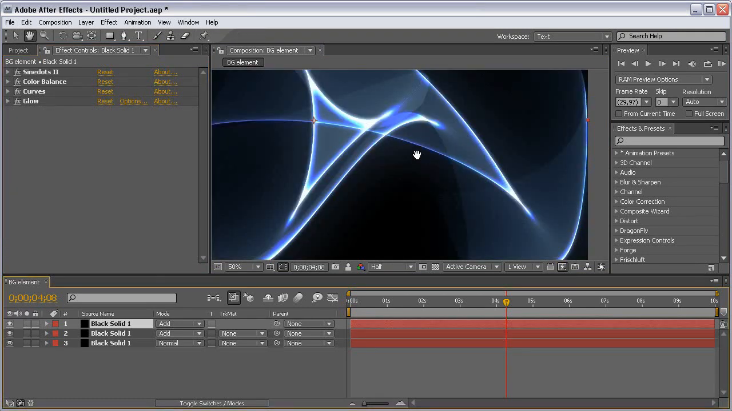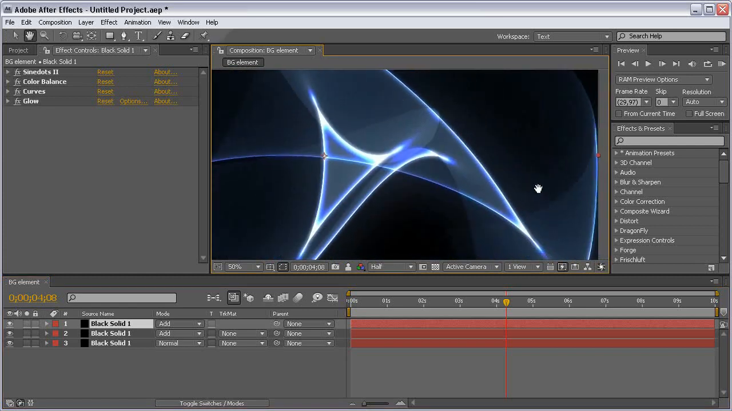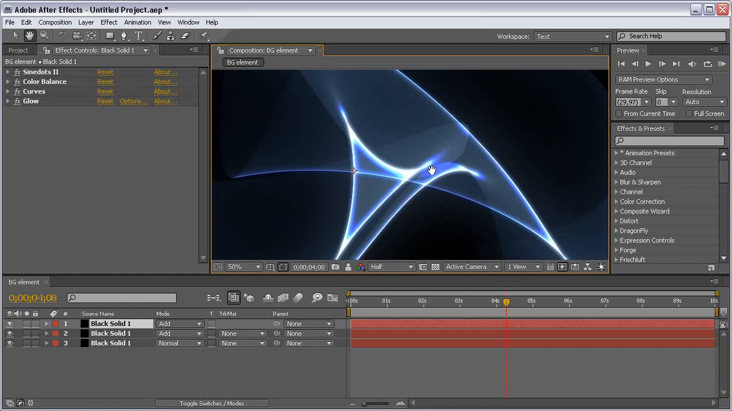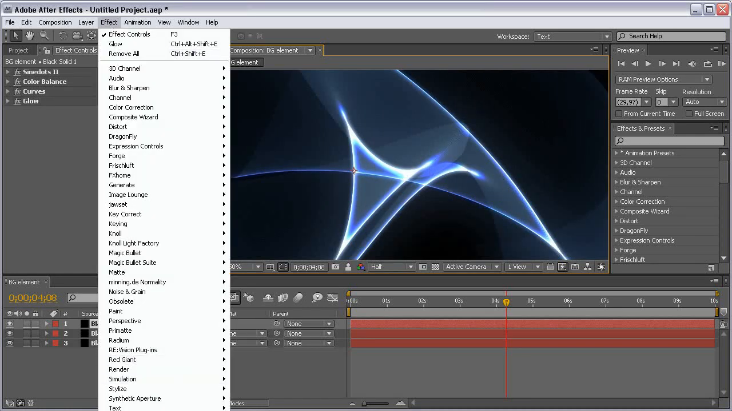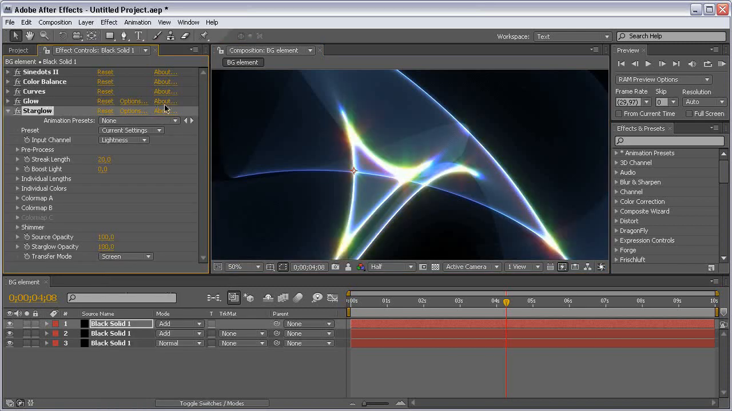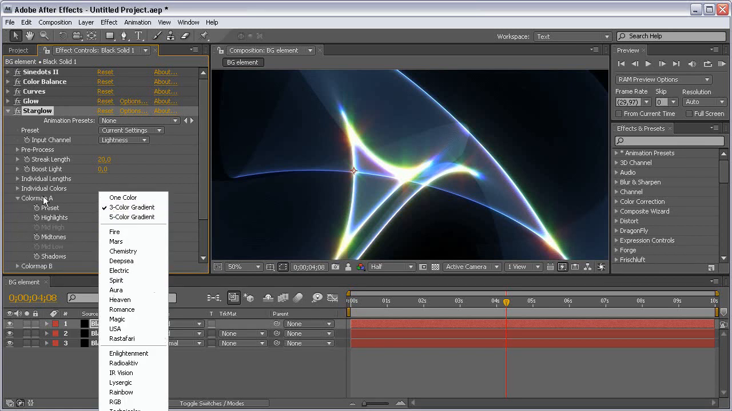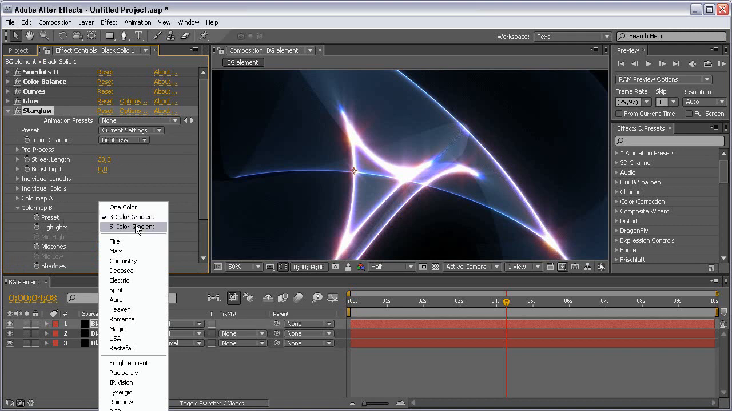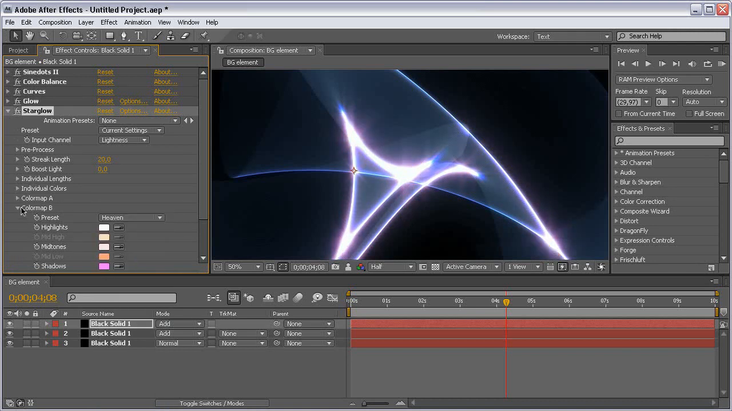And let's switch to the original and see how it looks. Let's add a star glow. Come to effect, trap code, and add star glow. Let's change the settings of the star glow. Come to color maps and change the 3 color gradient preset with the heaven preset to get this look. Again, for the color map B we will choose the same preset,